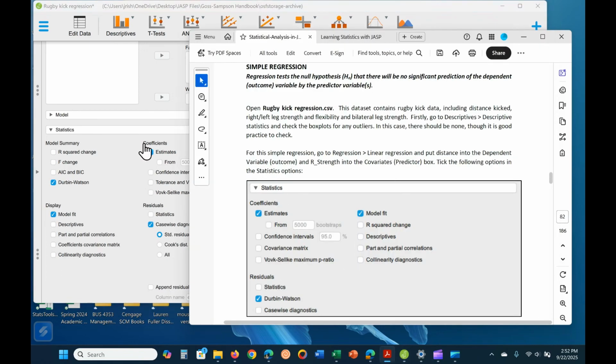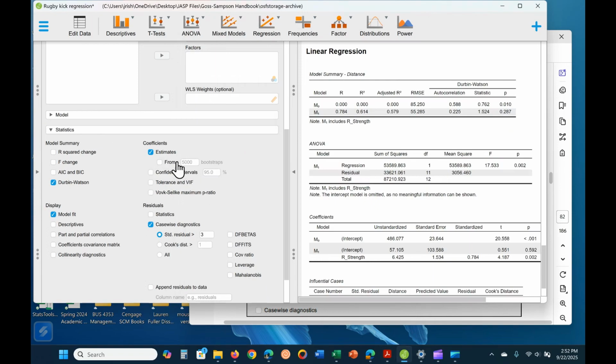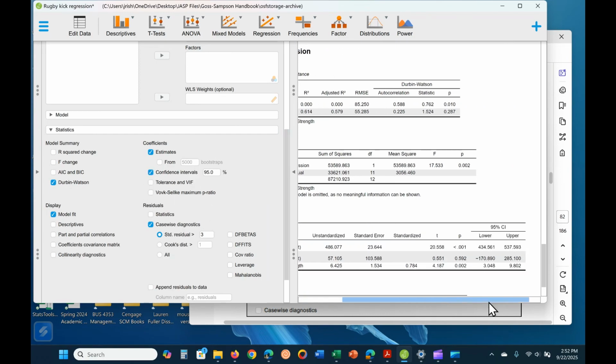Estimates, it's automatic. So estimates automatic, click. Now, if you wanted to bootstrap it, which I don't know how to do, we're not even going to do that. If you wanted confidence intervals for all these betas, that's how you do it. Just click right there. 95% confidence interval for